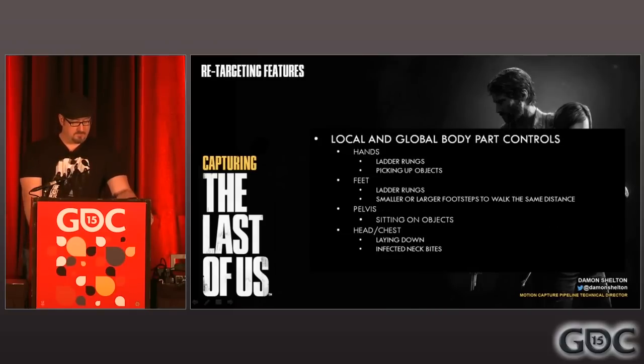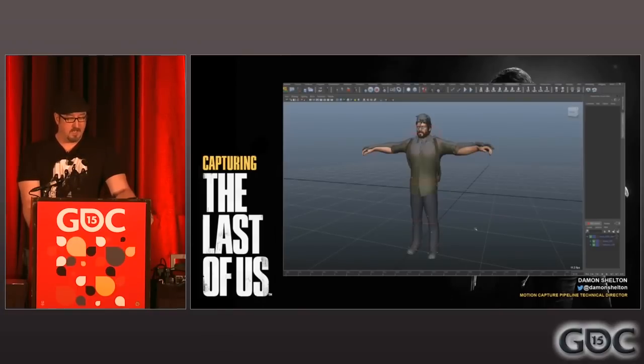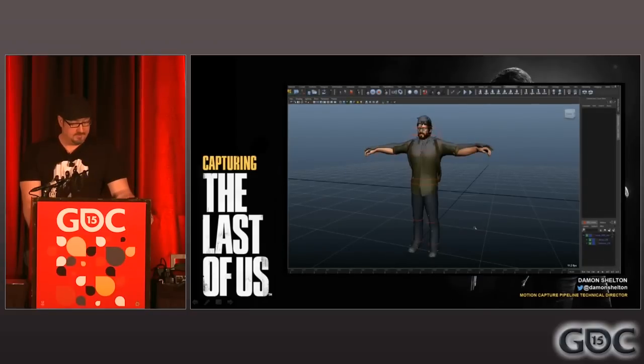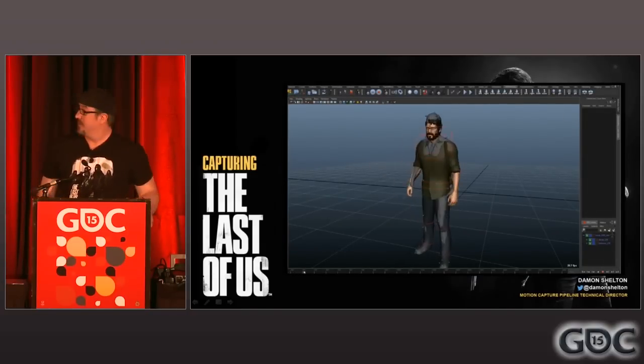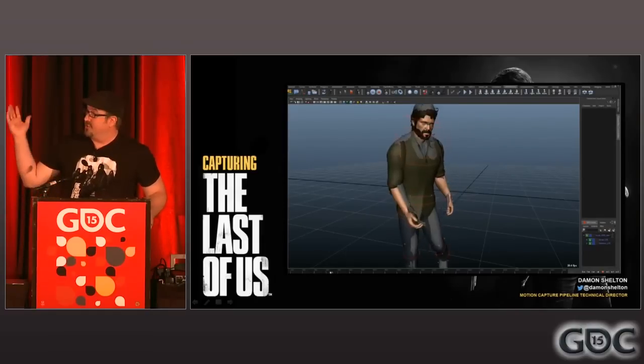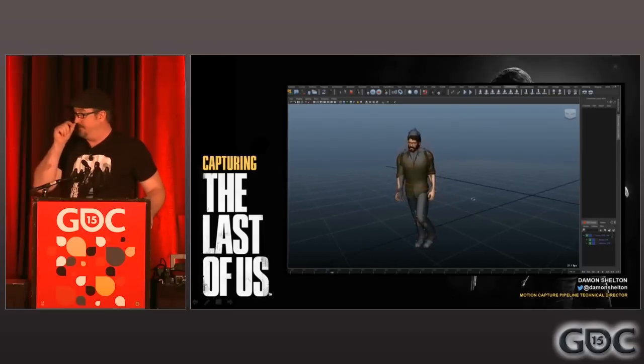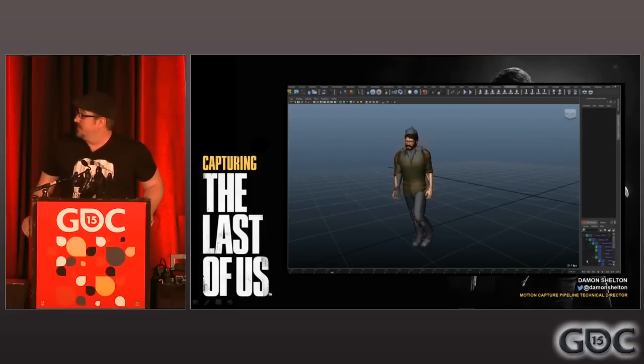I would go ahead and jump at least to the videos here to show some of the retargeting happening. Okay, we're playing. As you see, the gray one is actually Troy Baker, and Joel, you see how much